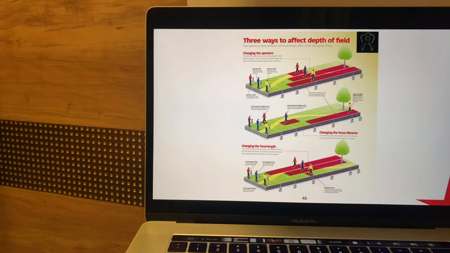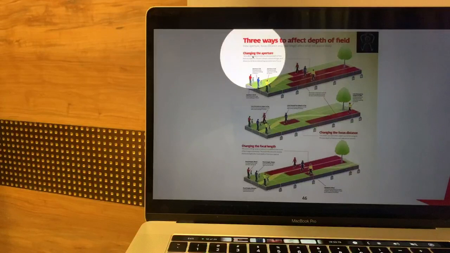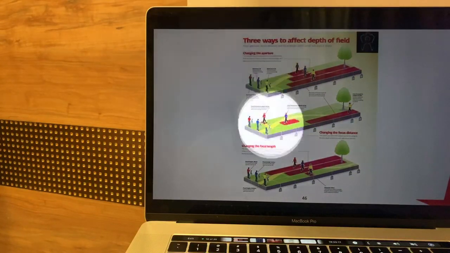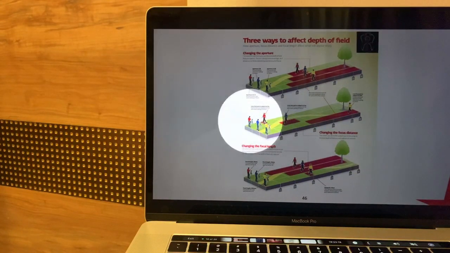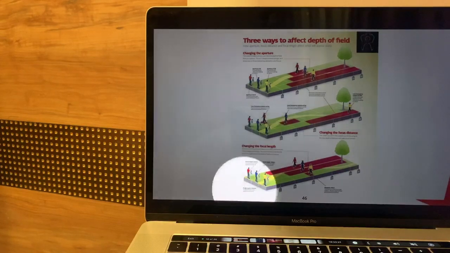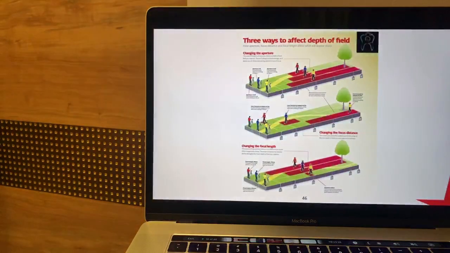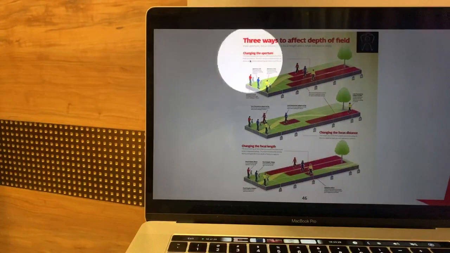Depth of field can be controlled by 3 different techniques. Number 1 is changing the aperture, that is the f number. Number 2 is by changing how far you are from the subject, and number 3 is by changing your focal length. Please listen carefully now. Okay. If by changing the aperture you keep a lower f number, you will have shallow depth of field. We already have seen that.